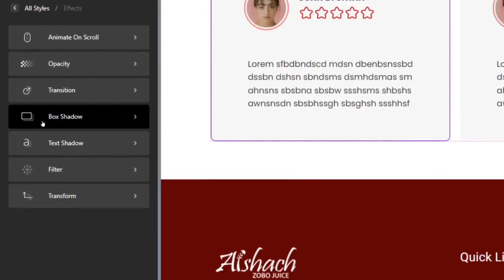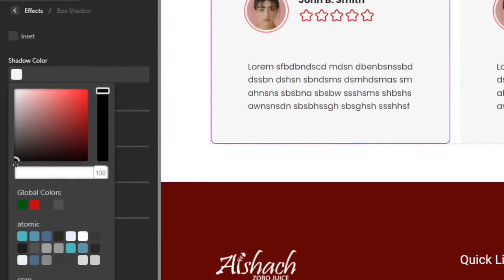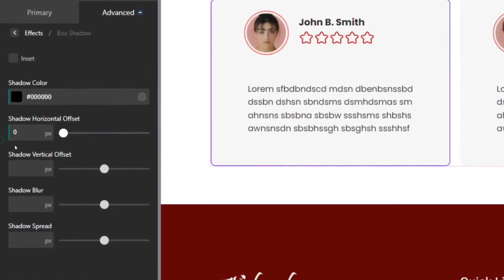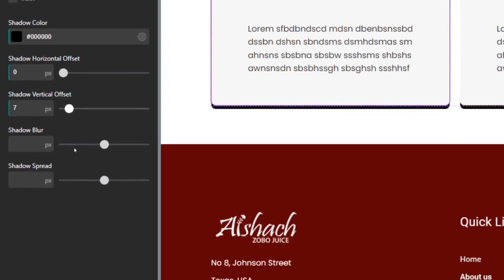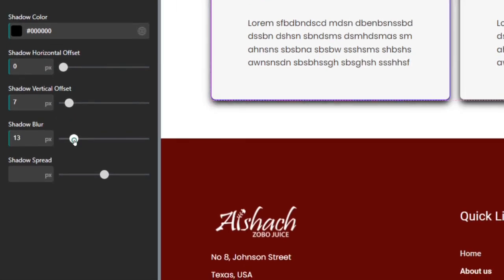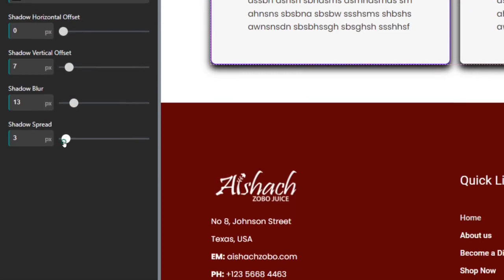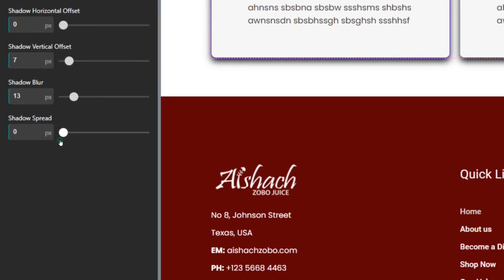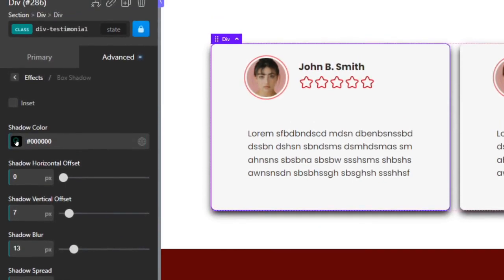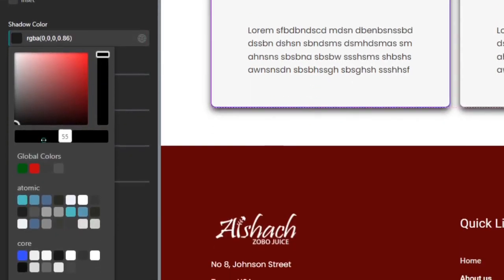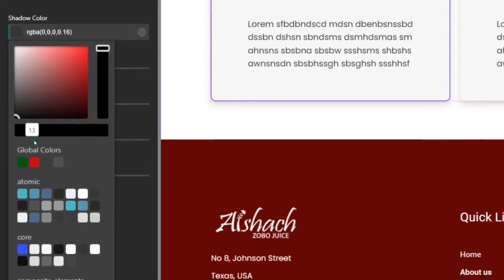go to effect, go to box shadow. Box shadow should be black. This is how to add shadows. Remove this to 100. Move this down to about 7 pixels. The blur element should go down like so, and the shadow spread should be like this. Shadow spread should go down. Okay, then go to the shadow color, reduce the opacity until it is looking so subtle